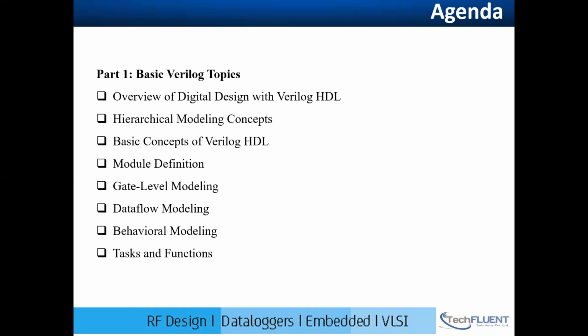And coming to the 5th, 6th, and 7th chapters, these will be discussing the different modeling techniques in Verilog HDL. So the 5th chapter of this course will be discussing modeling using basic Verilog gate primitives, how the description of various Verilog gate primitives can be made in Verilog, and also we will be discussing rise time, fall time, and turn-off delays, and minimum, maximum, typical delays with respect to the gate. And the next one is data flow modeling.